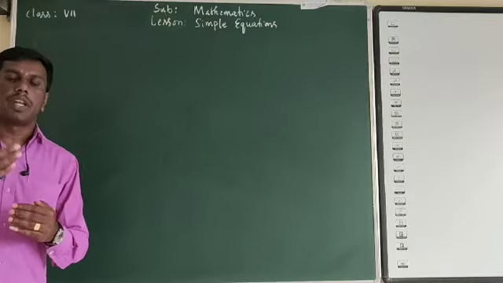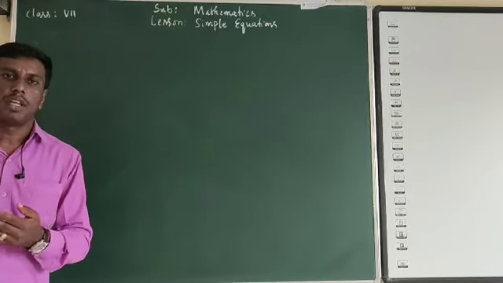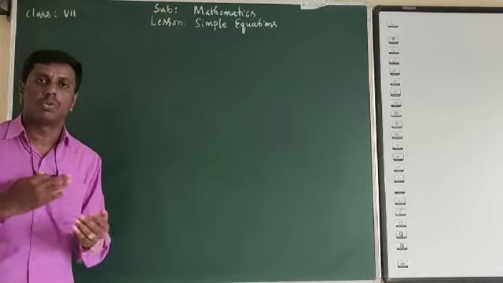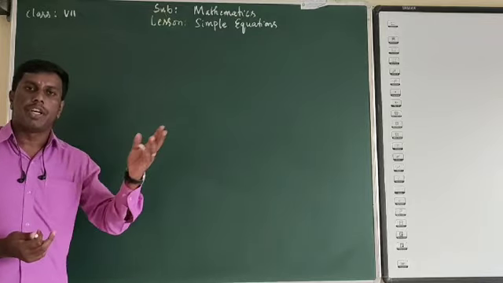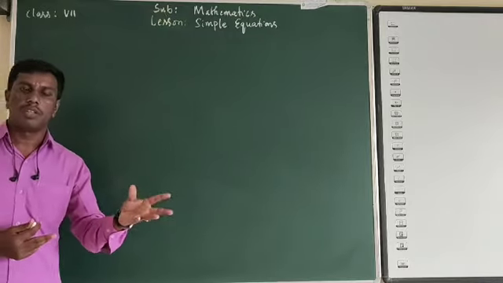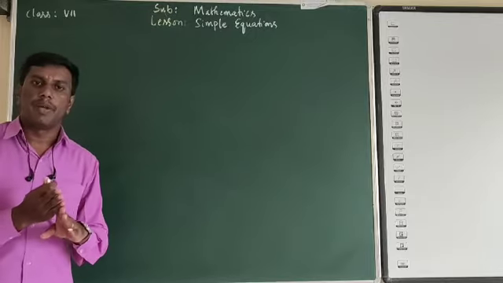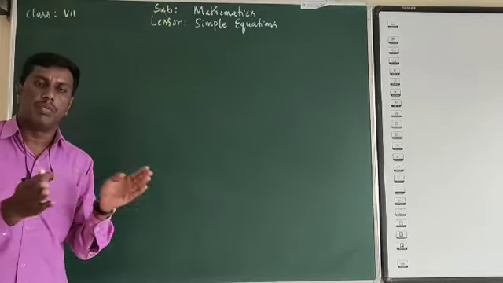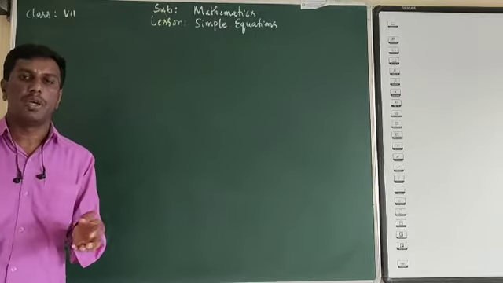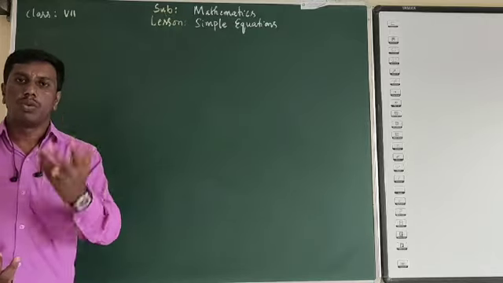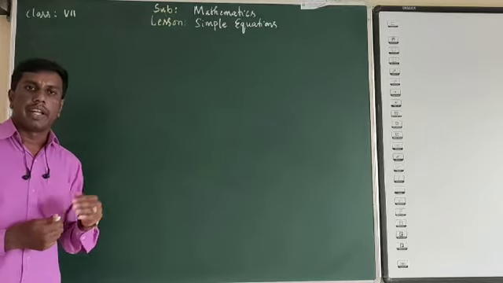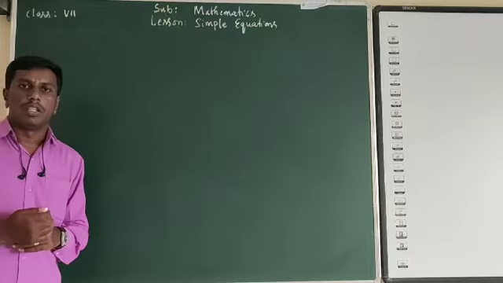So go through that lesson, algebra. The lesson is algebra in class 6. Go through that, and you will get the idea of what a variable is, what a constant is, and what you get when you multiply a variable with a constant value. We have already studied it and given the notes and classwork in class 6. Go through that and we